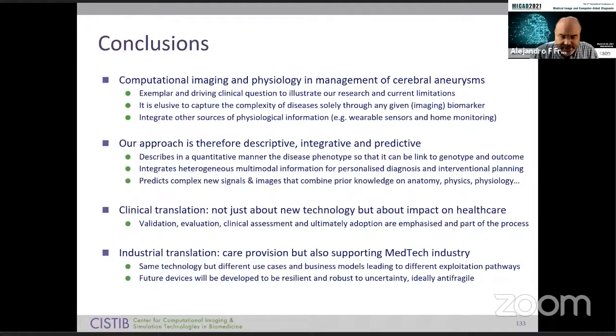So in summary, computational imaging and physiology can be used for the management of brain aneurysms. This technique is descriptive. It can help to understand the disease, but is also integrative and predictive because it brings different modalities together and allows you to do predictions of scenarios you couldn't actually image. Clinical translation is not just about bringing this technology, it's about validation, validation, validation. I haven't had the time to show all the details of the validation work we've done, but trust me, it has been quite thorough. And I gave you a couple of examples of areas where we did a bit of that. And also that industrial translation is fundamental to actually supporting the medtech industry, because